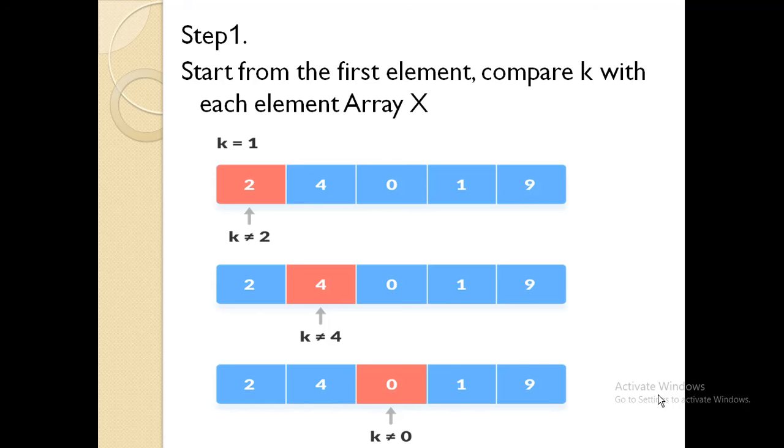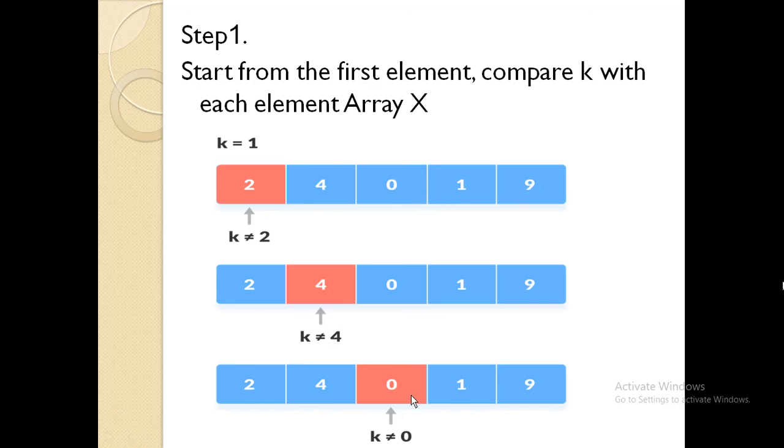So I am finding value 1 and at the first location the value 2 is present. So my key is not matched with that element. So here I am going to move ahead to the next location. In the next iteration, my search key is compared with the second element of the list, stored at the first position. Here the value 4 is present. Again my search key is not matched with this value.